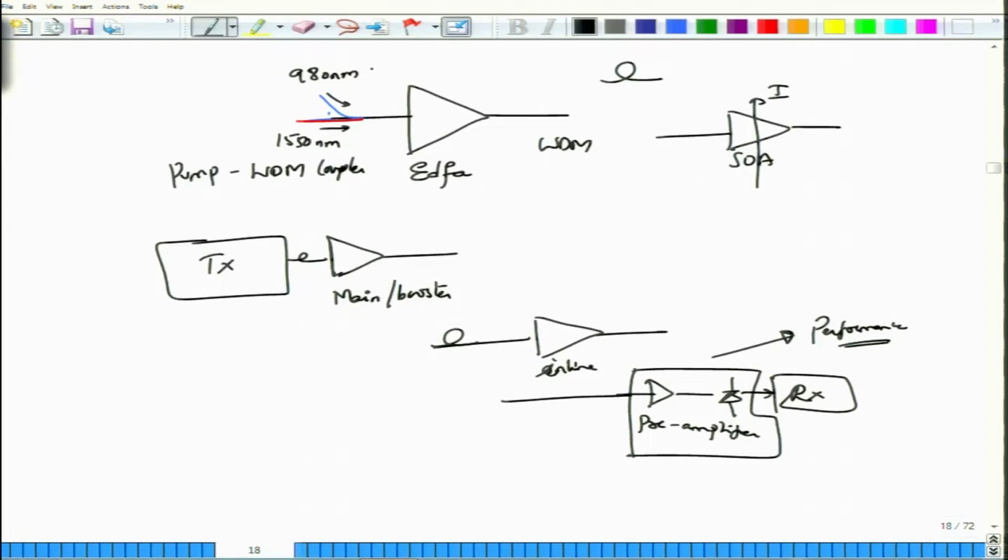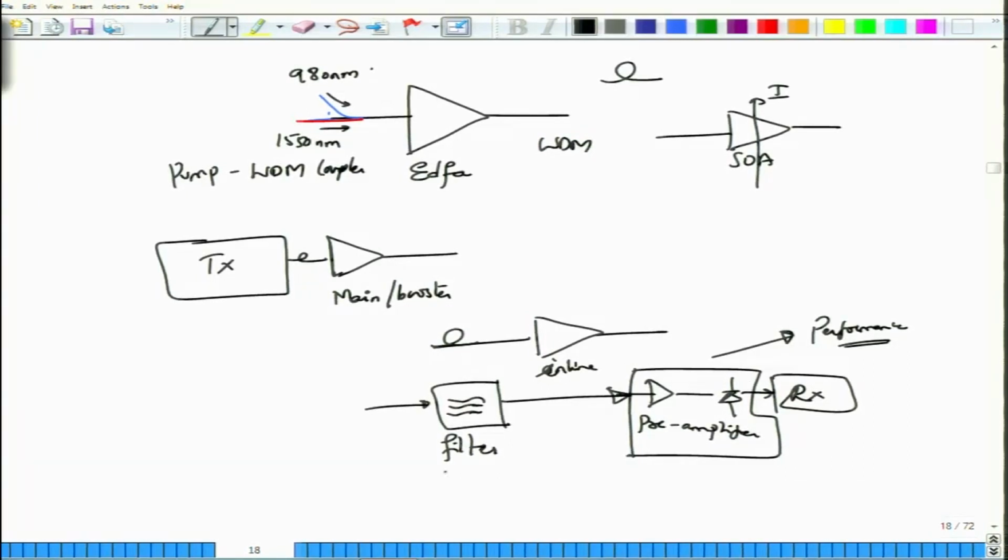Of course, at all these places, especially when you are looking at these pre-amplifiers, or at amplification in general, whether inline or booster, before you give signals to the optical amplifier, you will also normally put in a device called a filter. And this filter can be a single band filter or it can be a multiple band filter, and the ways to make these filters as WDM filters is also something that we are going to talk about sometime later as we look at the WDM components.